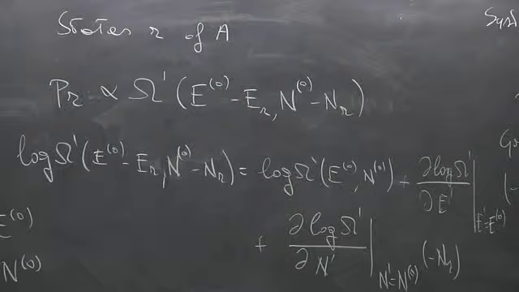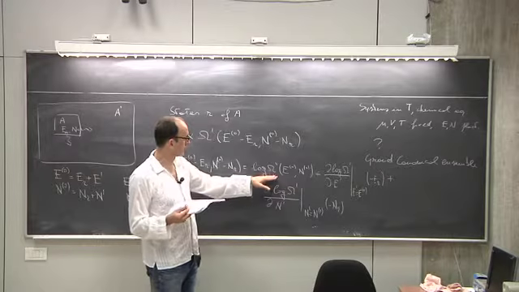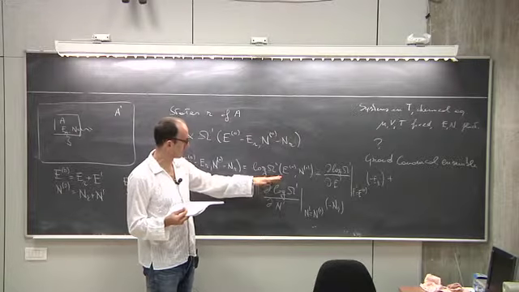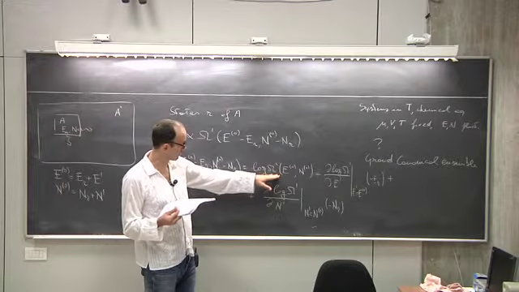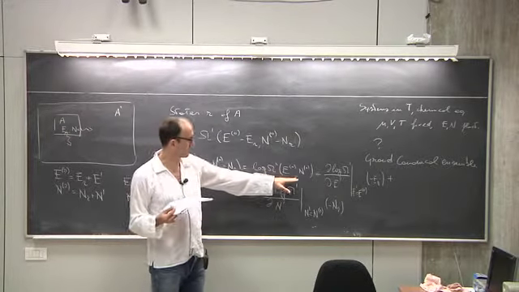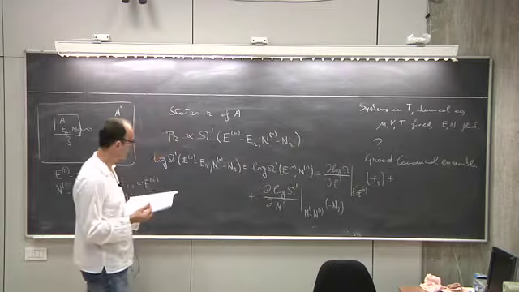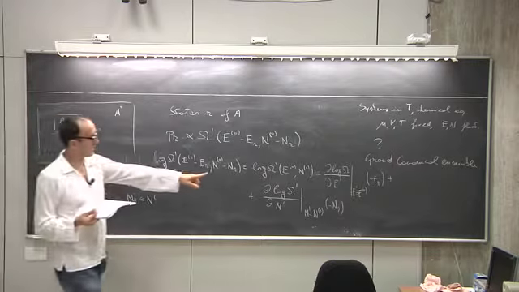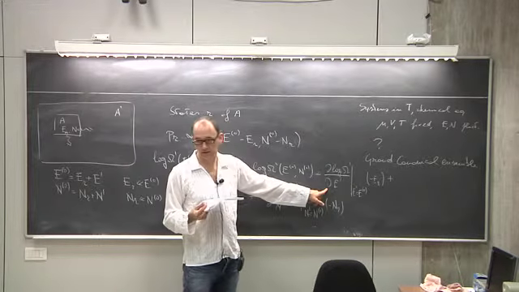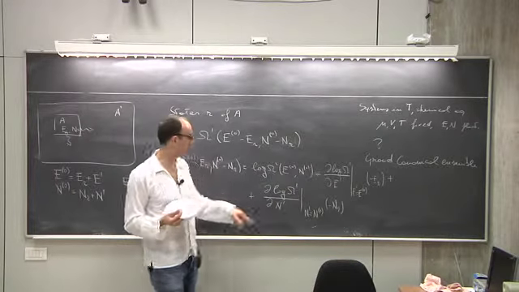Now, you see, we know the interpretation of these things from the microcanonical ensemble. So we know that this will be proportional to the entropy of the heat bath. This will be related to the temperature of the heat bath, and this will be related to the chemical potential of the heat bath. Okay,